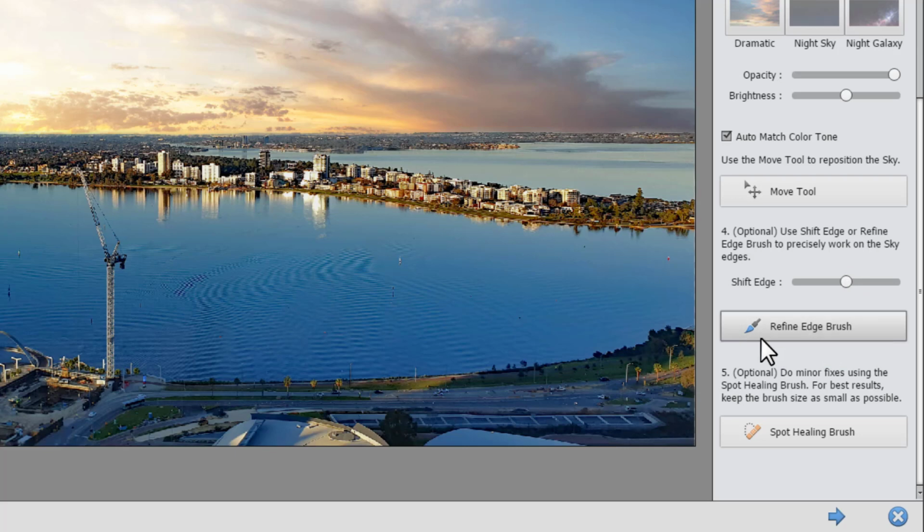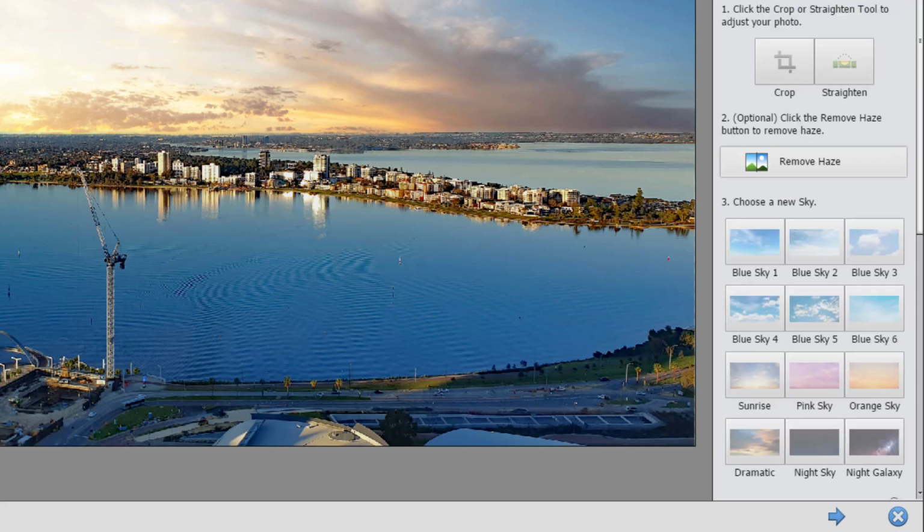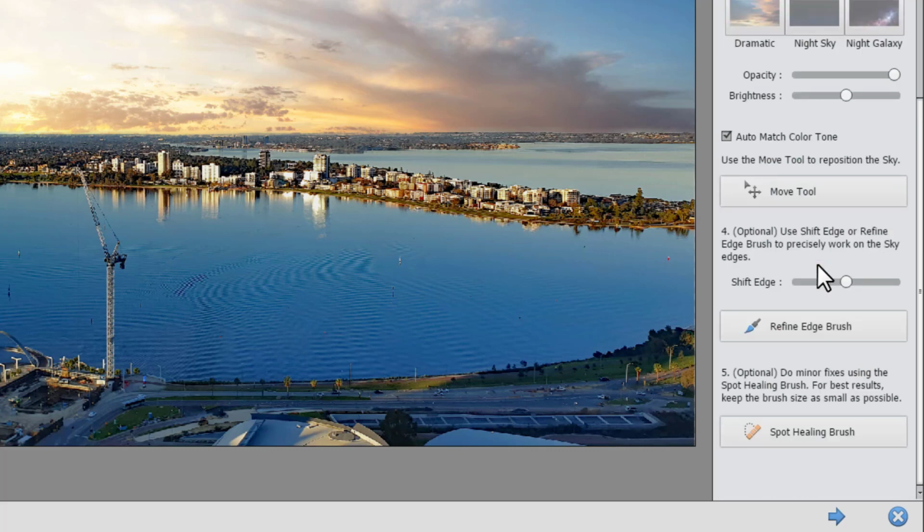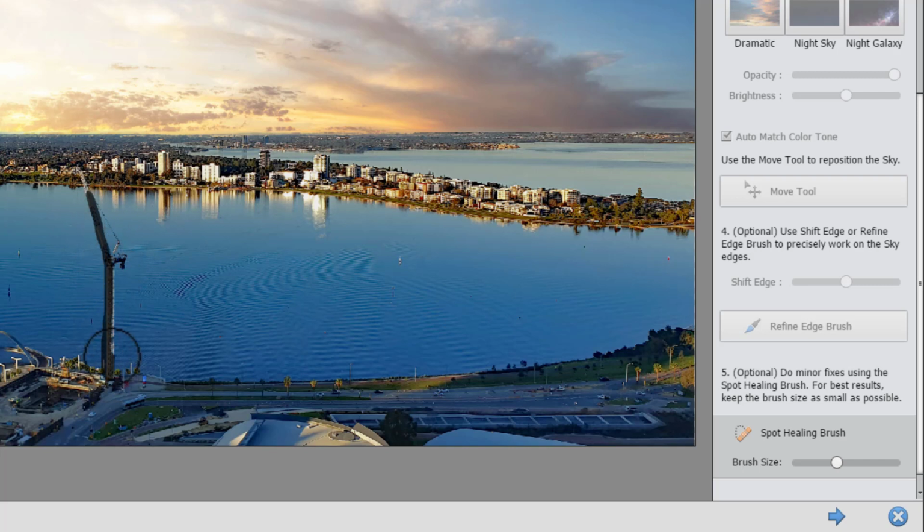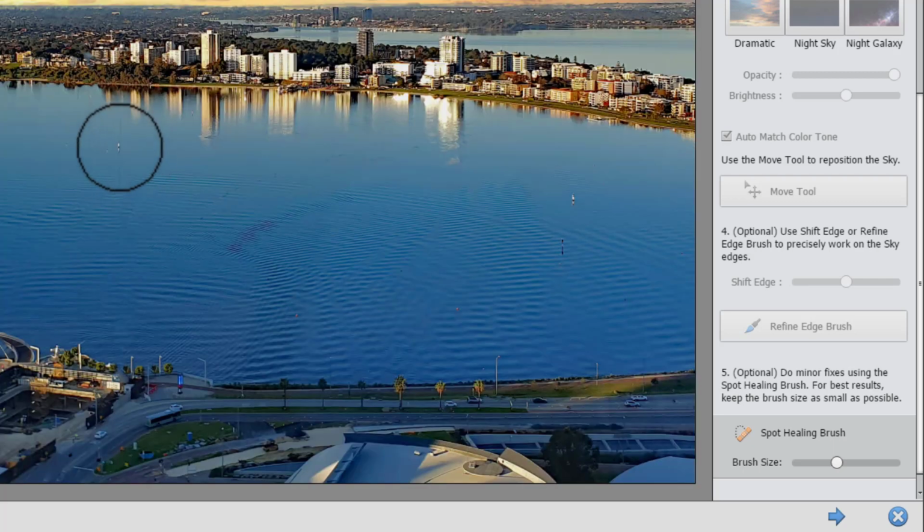You can also use the refine edge brush, but in our case, Perth is so flat that there's really nothing to refine there. And then we have the spot healing tool as step 5. You can do some fixes. So I'm going to increase that brush size and let's get rid of that crane. I mean, it was helpful when I was trying to straighten the image, but now you've served your purpose, little crane. And again, we can zoom in and just make sure that we get all of those little bits and